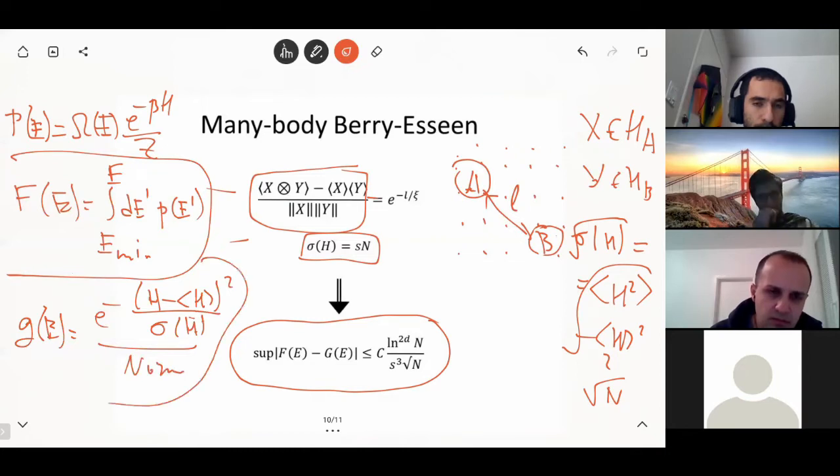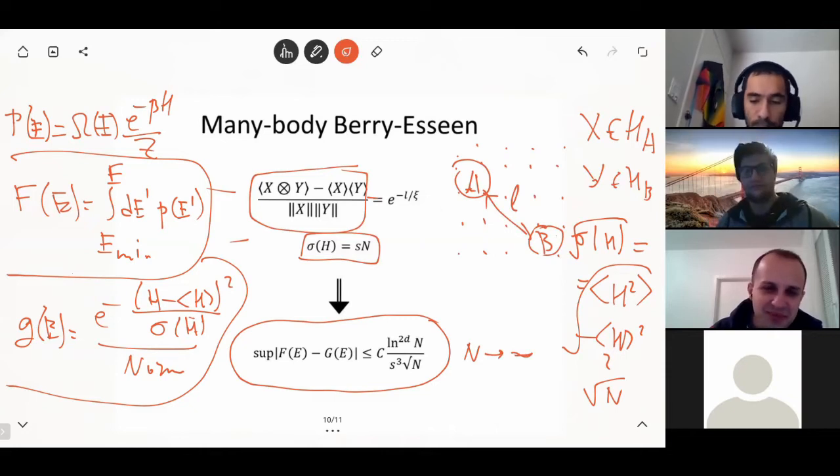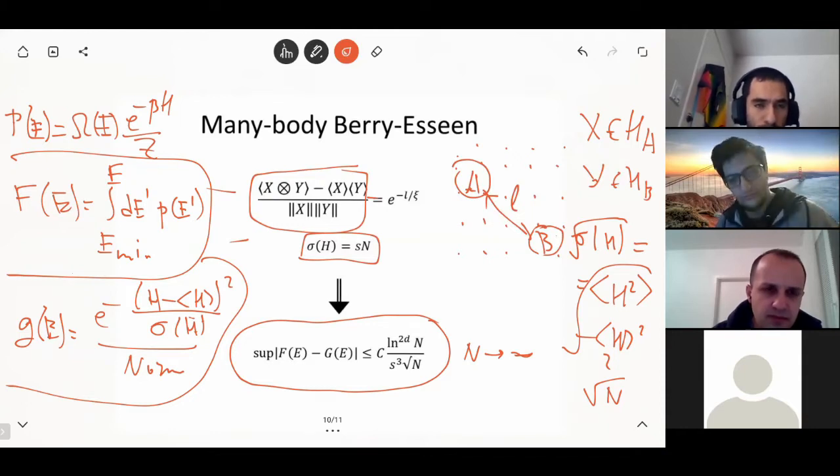Right. So basically, what this theorem is saying is that in the thermodynamic limit, namely when N goes to infinity, these two cumulative distribution functions converge. In other words, the energy distribution of a many-body system with some completely unknown spectrum is just given by a simple Gaussian distribution. All right, so this is a very powerful statement about many-body systems,